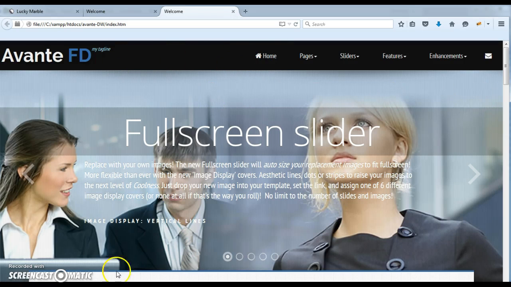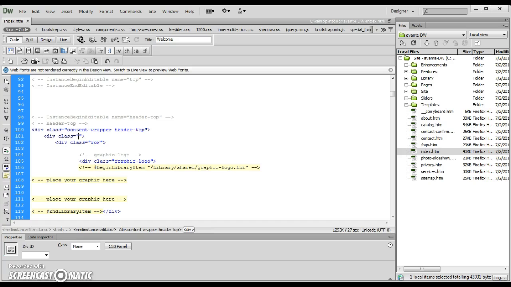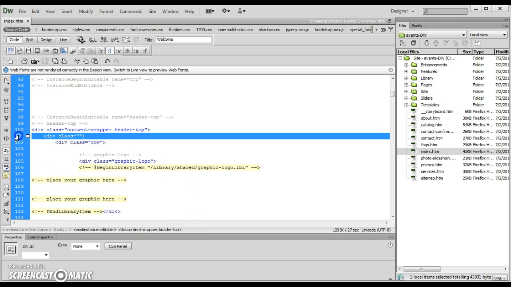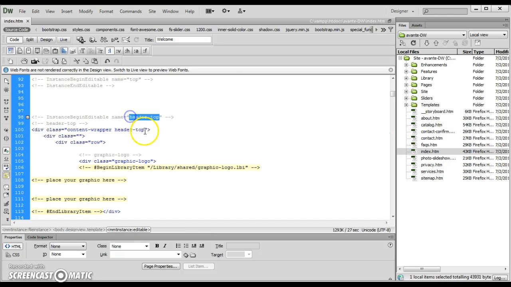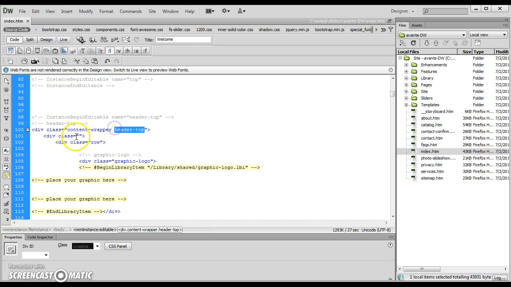So maybe what you just need to do, what I do there, is when you're in your page, just flip it over to code view, go to about line 101, find the header top class, and just get rid of the container. Right. Alternately, you could also expand out or change the